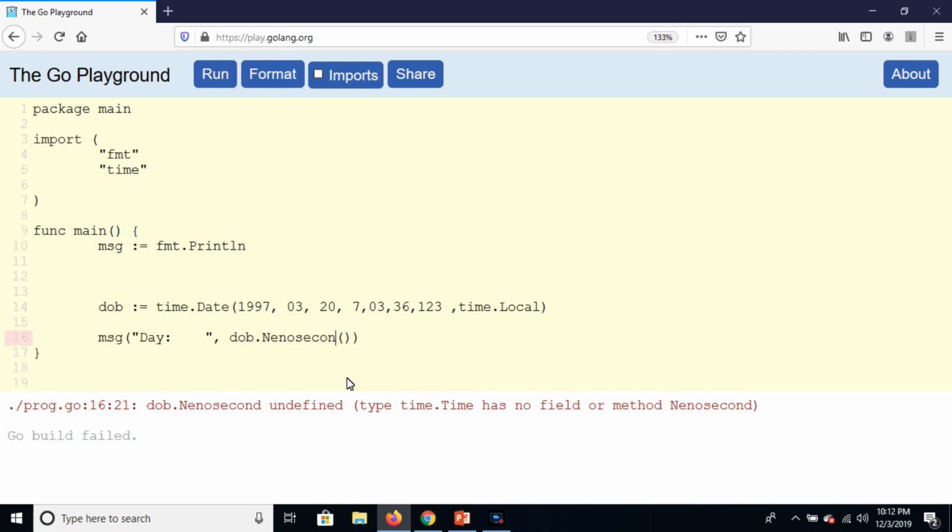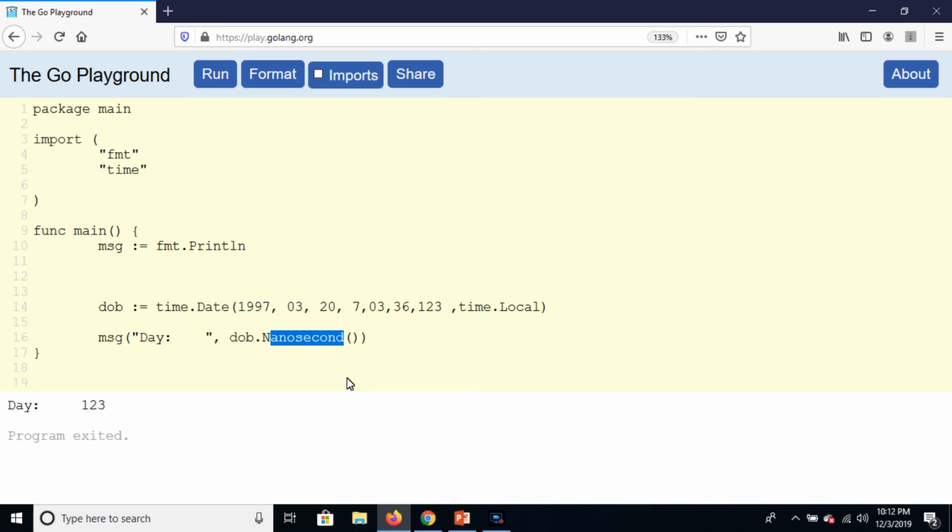type time.Time has no, or you can also type like this. And after that you can also print location